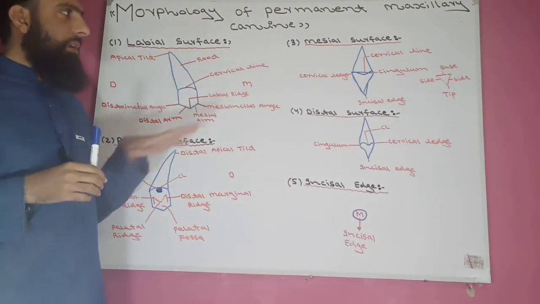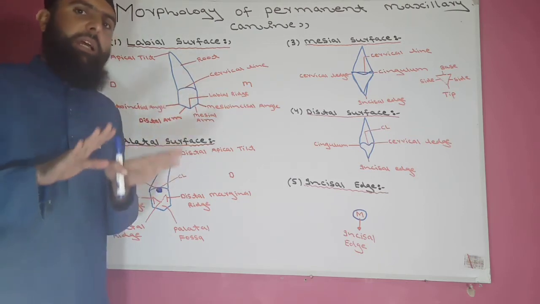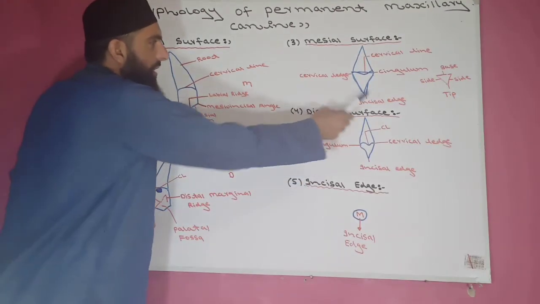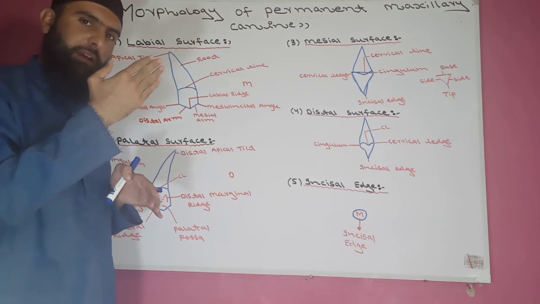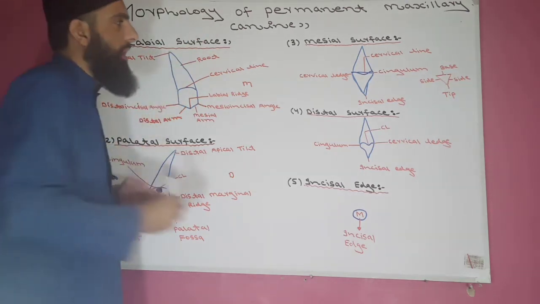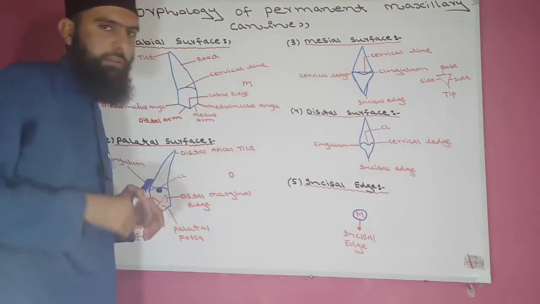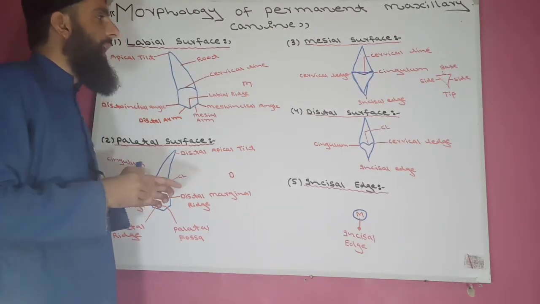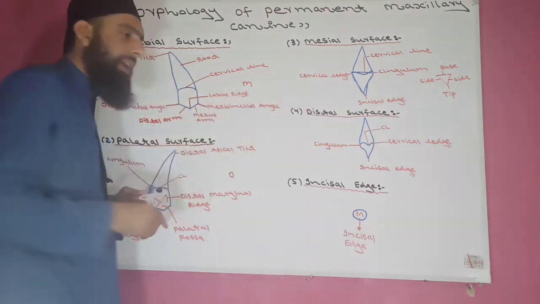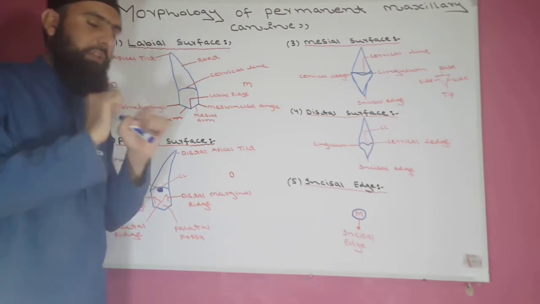Meaning, the mesial surface of the maxillary permanent canine is triangular in shape. The base of the triangle is formed by the cervical line, the tip of the triangle is formed by the incisal edge, and one side of the triangle is formed by the palatal surface and the other is the labial surface. On the palatal surface there is a cingulum, which is an elevation, and there is a depression, the palatal fossa. And on the labial surface there is an elevation which is known as the cervical ledge. Why cervical ledge? Because it is present on the cervical region of the labial surface.